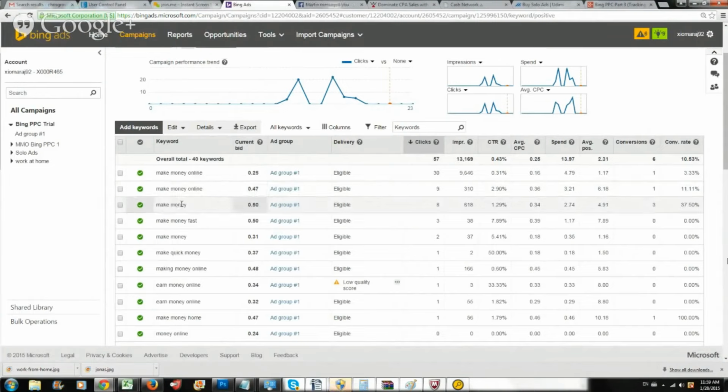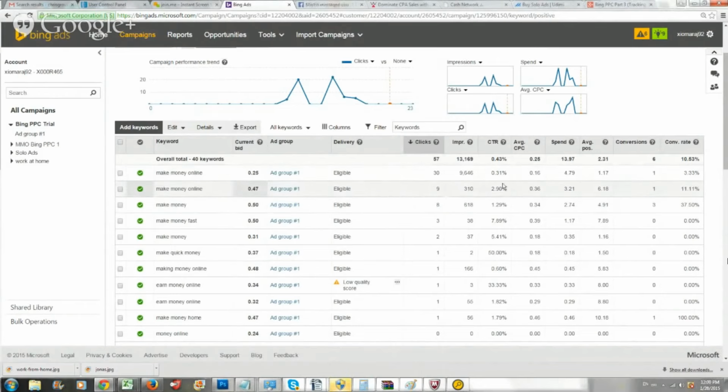So that tells me that as I'm figuring out which conversions, eventually I'll be eliminating these keywords, or I may not eliminate. I might say, hey, you know what? I'm no longer going to pay. How much am I paying per click? I'm paying 25 cents per click. You know what? This isn't worth that much to me. I'm going to drop this down to 10 cents, because I don't mind paying 10 cents a click. So you may end up doing that. You may say, hey,